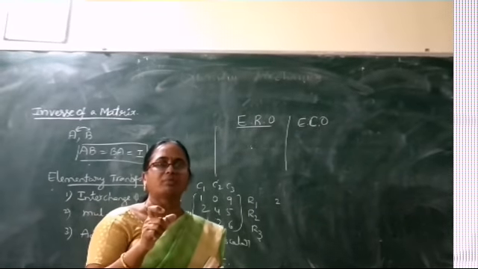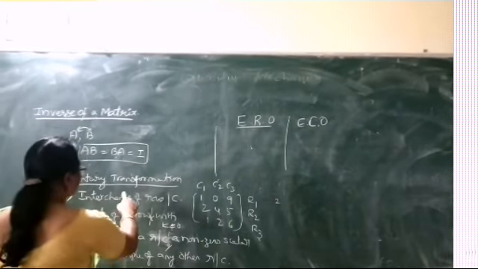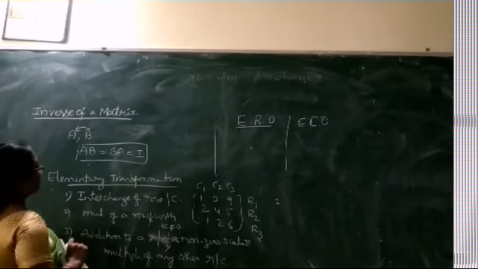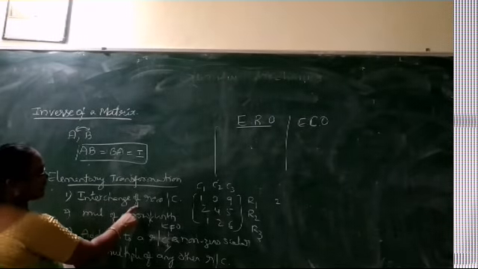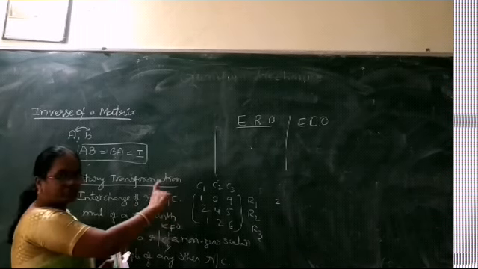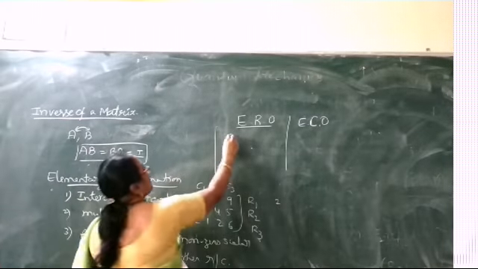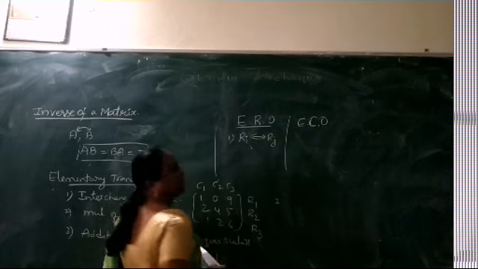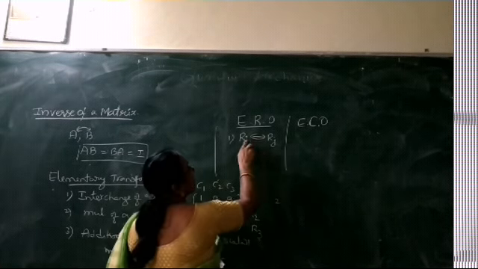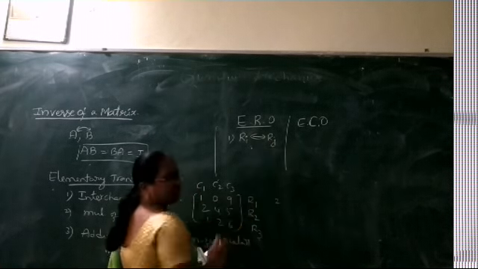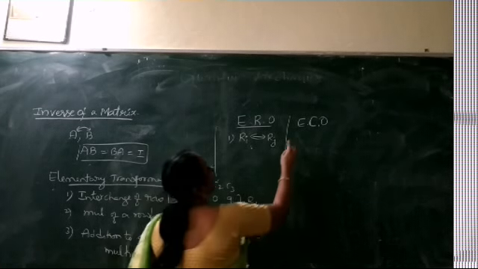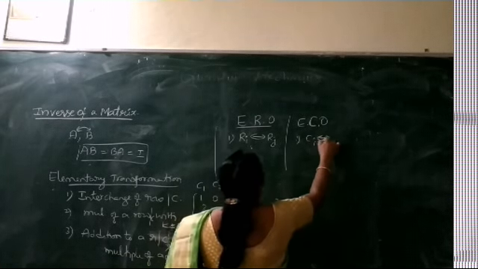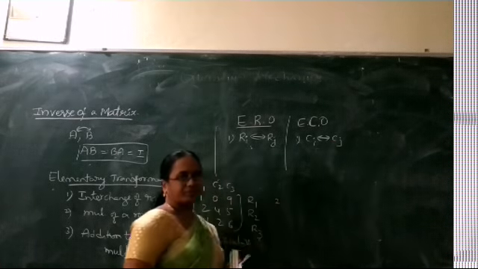Now in symbolic form, let us represent each of these elementary transformations. Coming to elementary row operations, suppose we want to interchange the two rows, row i and row j. The representation is Ri implies and implied by Rj. It indicates that the ith row and jth row are interchanged. Similarly, the corresponding column transformation is column Ci interchanged with column Cj.